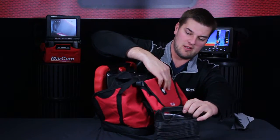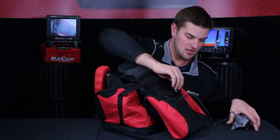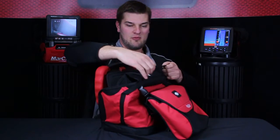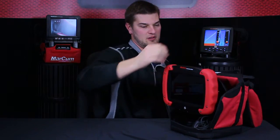Now I can simply put my excess cord in the camera bag and then put my camera in there, and then that will Velcro shut. And then if I wanted to carry it, lift it up, and the camera is right off the back. So now that I have it all set up,